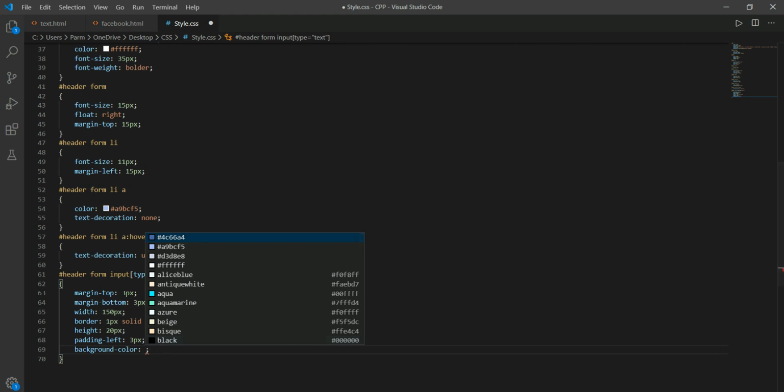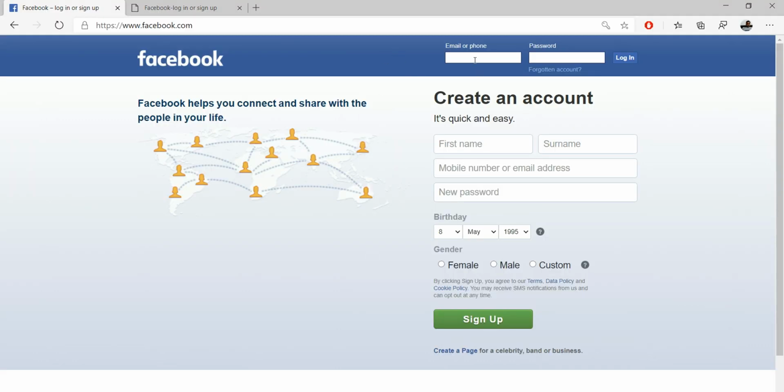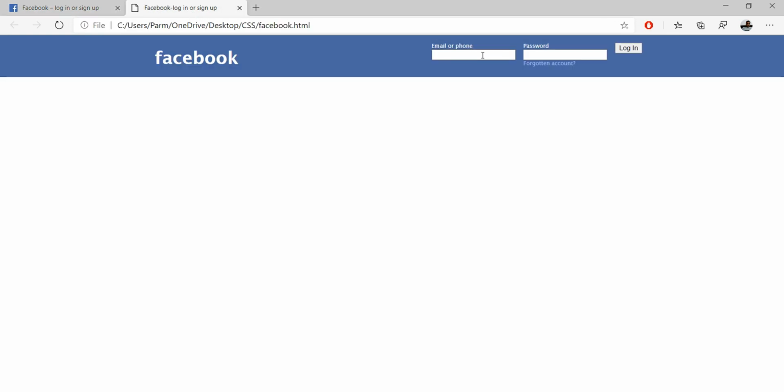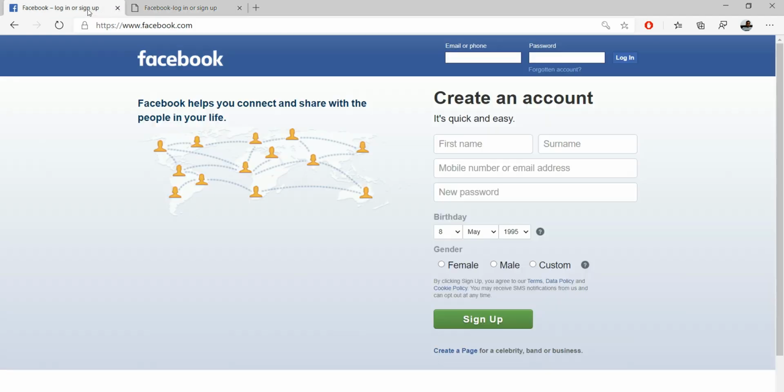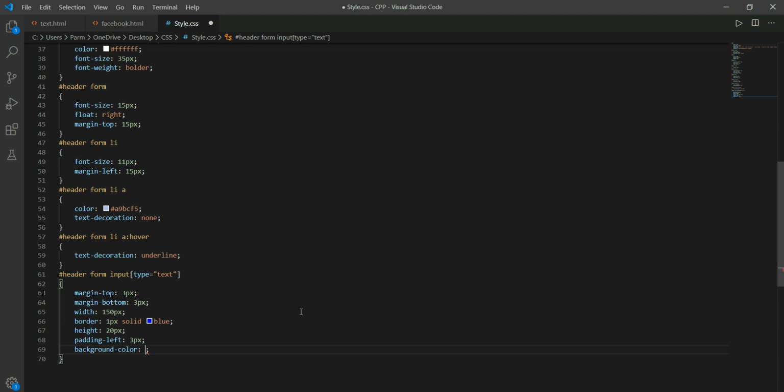If we see over here, this is having white background color, a little bit blurry, and this is pure white background color. We see some differences over there, so I'm putting some background color over here.